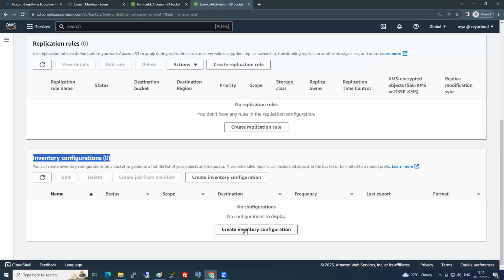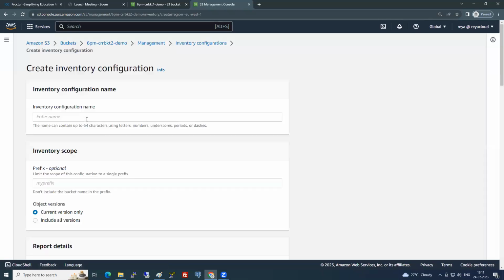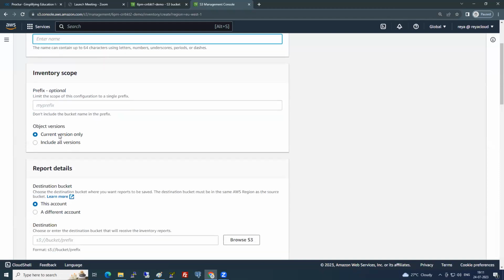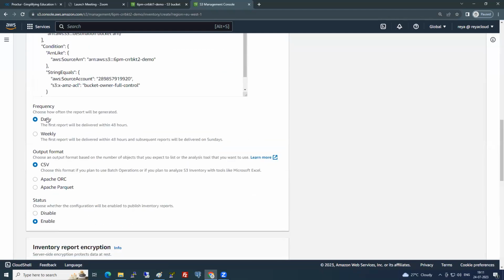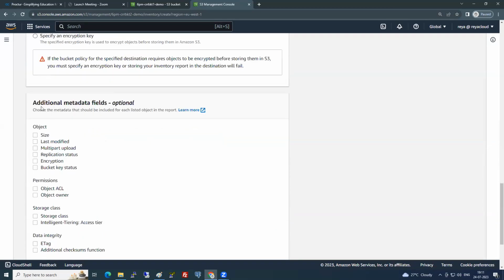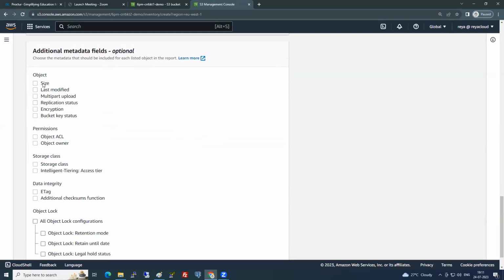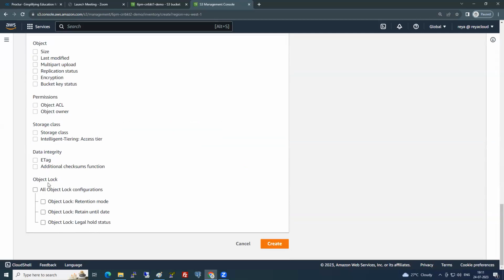Simply click on create inventory configuration. Give the name. You want to do the inventory only for current versions or include all versions? You want the report in this account or a different account, select it. And you want a daily report, weekly report, and you want the output in CSV file or whichever you selected. And then here, what all the things that you need? Object size, last modified, replication, encryption, ACL, storage class, whichever you want to have the information, select all this and